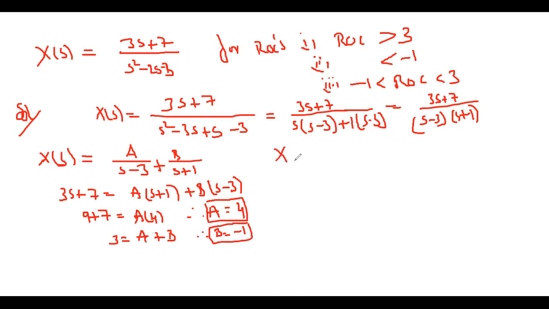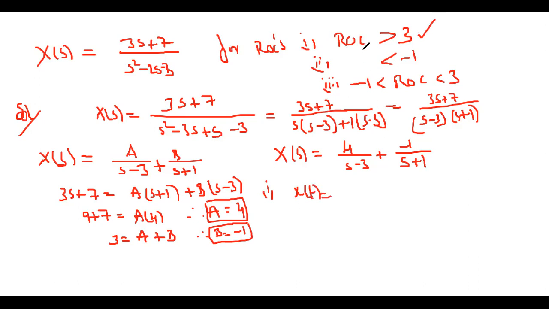Now X of s is equal to a, we got 4 by s minus 3, plus b, which is minus 1 by s plus 1. Okay. Now you can write for the first ROC. What they are asking is greater than. Greater than means always a positive value only. Positive means x of t is equal to,